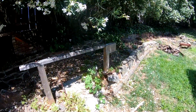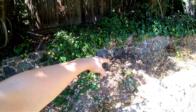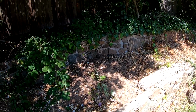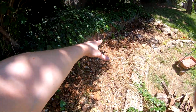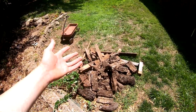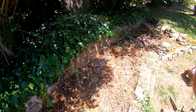Over here, we got rid of, let's see, actually not much here. There's one obstacle there. Got rid of the big pile of log things. Didn't find as many bugs as I thought that I would find in there, but whatever. Over here was the big job, obviously, as you guys saw. There's like a ramp thing up to a platform that I ripped out, which is all here along with the logs. I can't put any of this in the trash yet, or in the green waste yet, just because it's already full with other stuff. So I'll do that next week when the green waste gets emptied. And then over here,